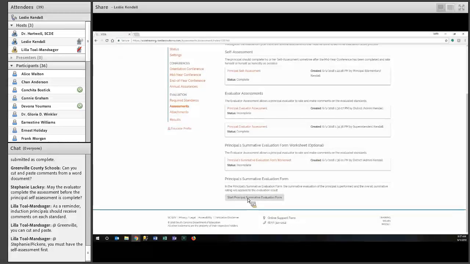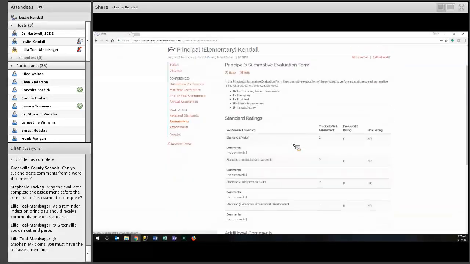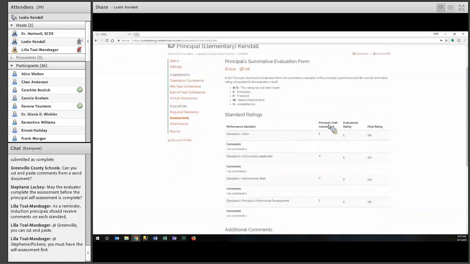Okay, I'm going to click Start Principal Summative Evaluation Form. Now on this form, you'll see that the principal self-assessment ratings again show for you, as long as the principal had entered them, and then the evaluator rating shows as well. This evaluator rating would come from that worksheet that we just completed.